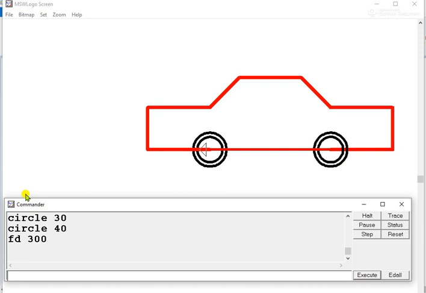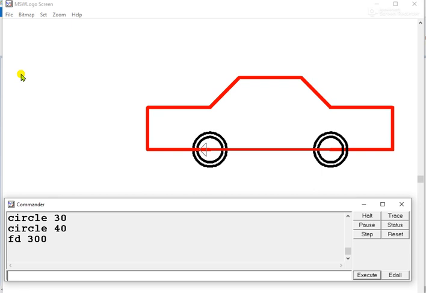Now what we are going to learn is how to fill the colors in whatever shapes we are drawing, how to color them. That we are going to learn slowly. But this is what we learn in second standard. We learn the FD command, we learn RT, LT commands, then we learn circle commands. So this is how you can draw different images using those commands.